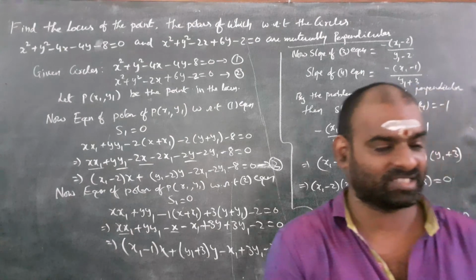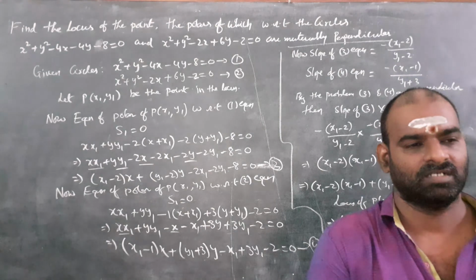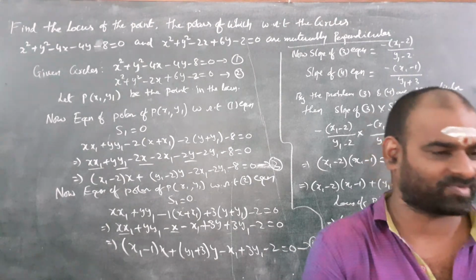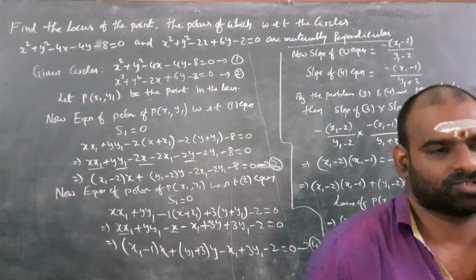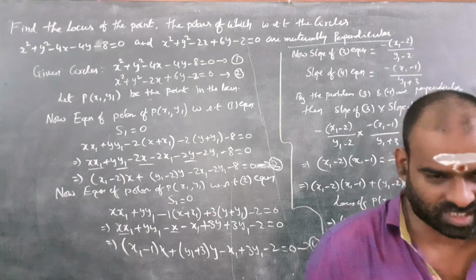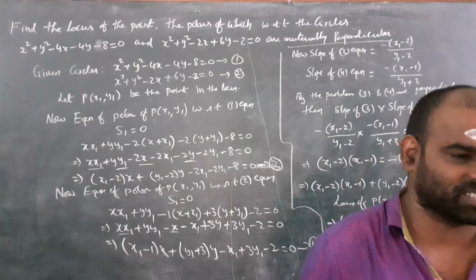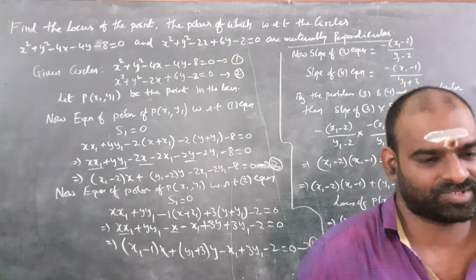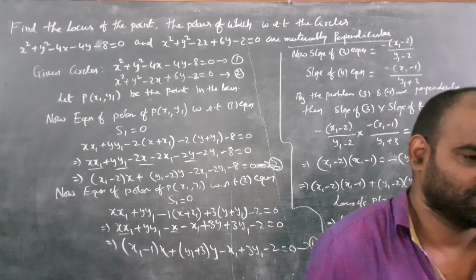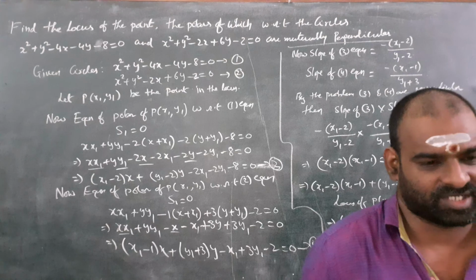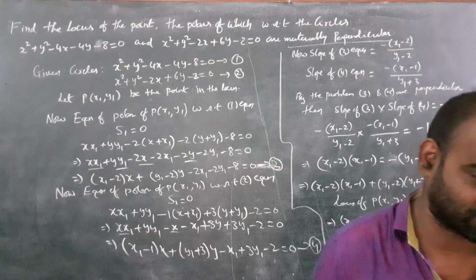In the next session we do some more important problems, and after that I think circles will be completed in 2 or 3 more sessions only. It requires 2 or 3 classes to complete the concept of circles completely. So you have to recollect all the concepts and problems which I told you are very, very important. You have to observe clearly and you have to do the home assignments also.